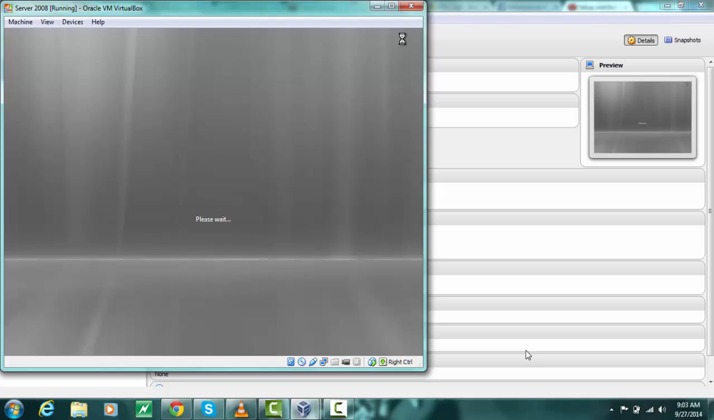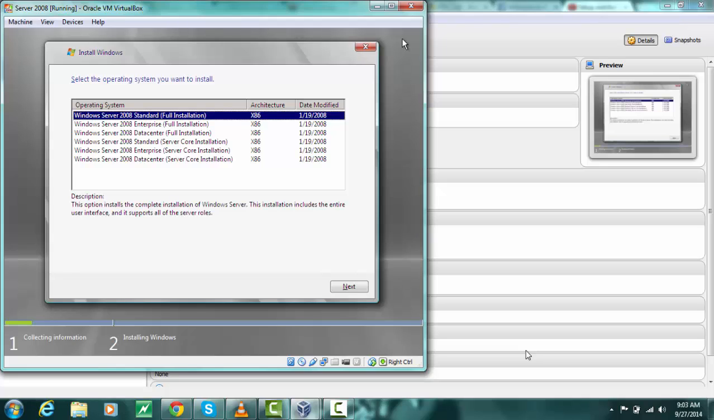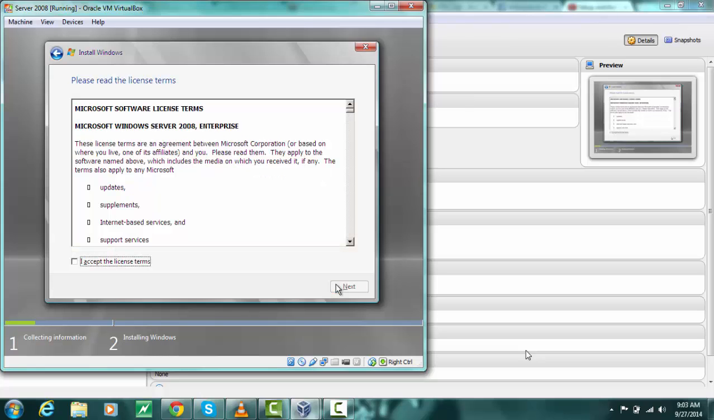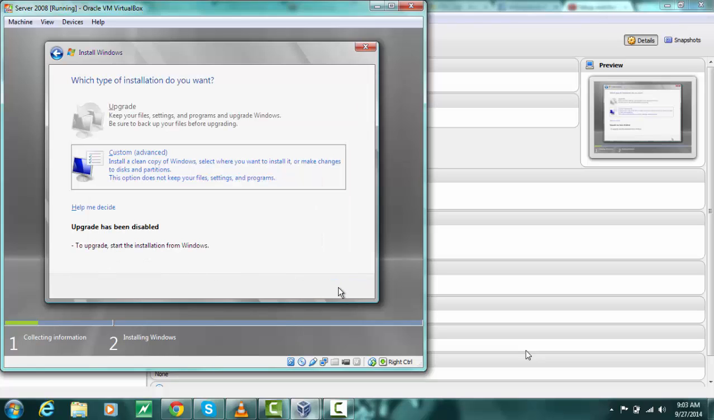It will run through a series of processes. For this video we're using Enterprise. We're going to select Enterprise and then click Next. You accept the licensing terms and click Next. Upgrade is disabled, so